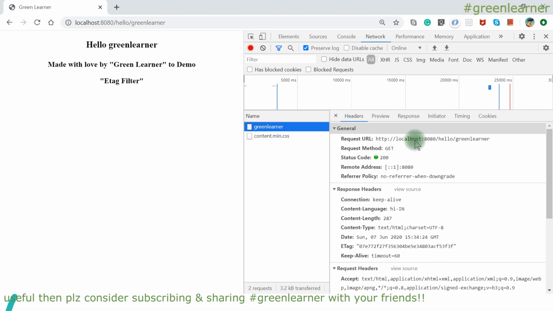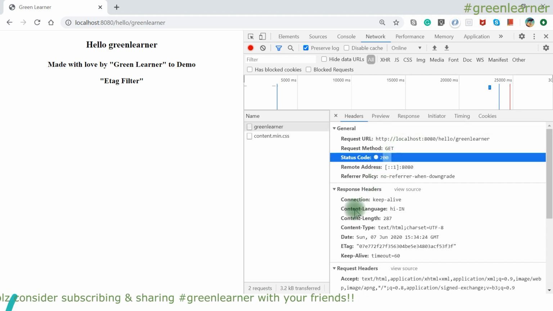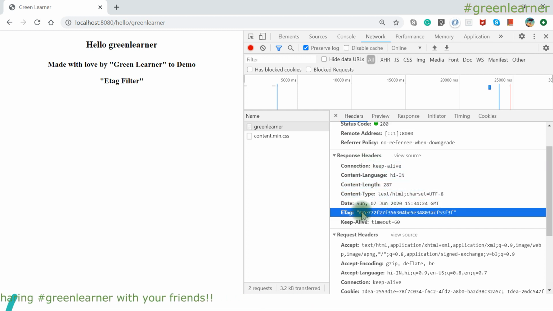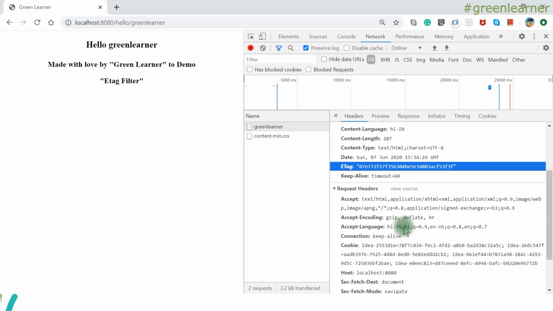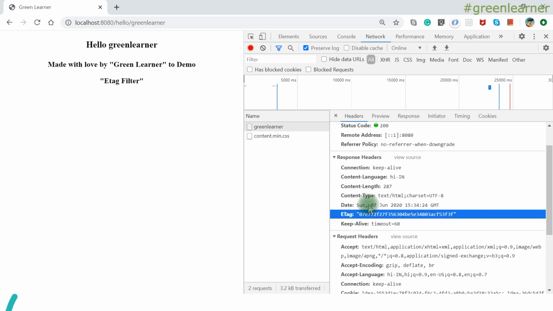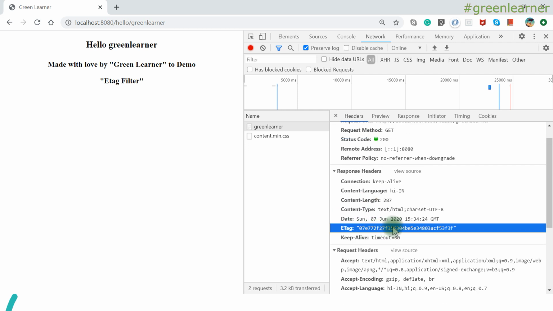If I come here, it has responded with the status 200, and see what is the response header here. Keep alive and all this information, and what is my interest here is the E tag. So it has returned me some hash code value here, E tag, right? Keep alive time is this. So these are all the request headers here that you can see, but my interest is here. So this is the first request that it had sent, and the server has responded with this E tag value. When I create one request again, that request will be sent along with this E tag, right?